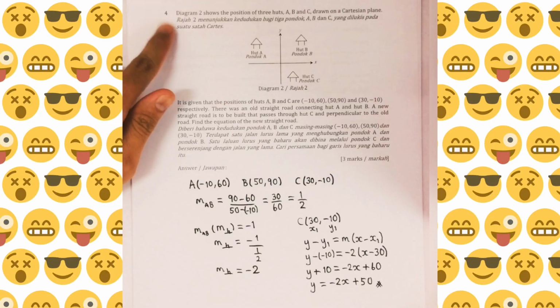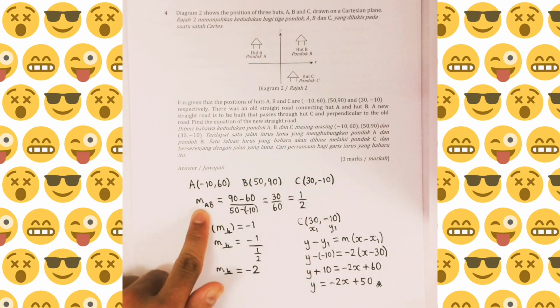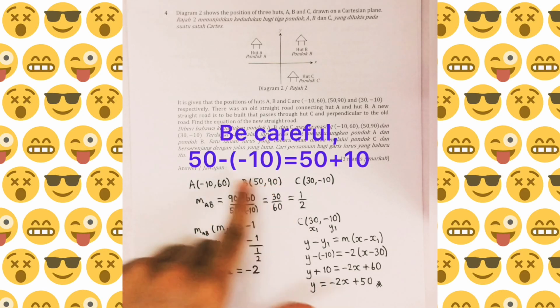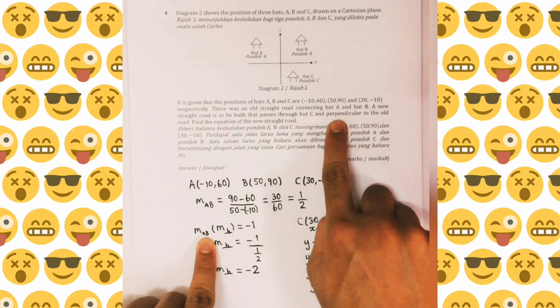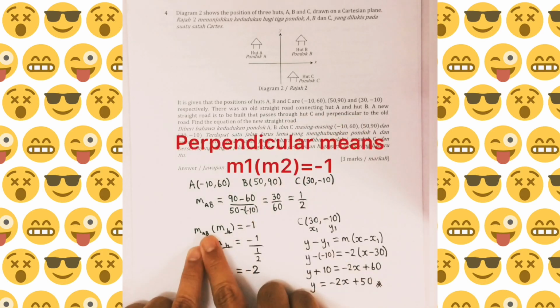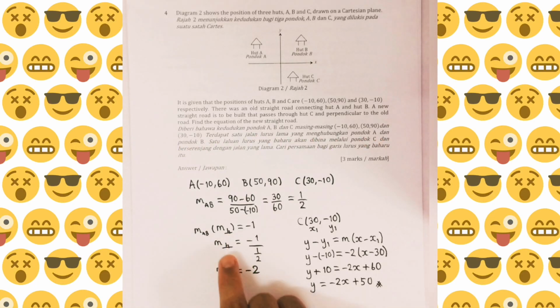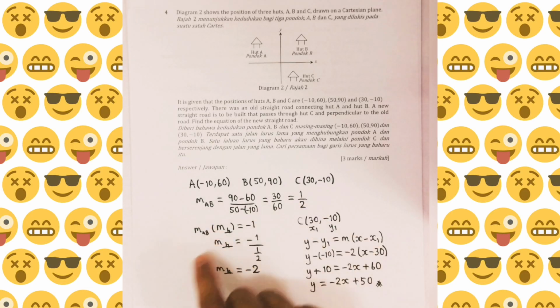For question number 4, first you list all the a, b, and c coordinates. You find the gradient of point AB, y2 minus y1 over x2 minus x1. So you will get 1 over 2. Because this information, it says perpendicular, so you got to use m1 times m2 gives you negative 1. This symbol is a perpendicular symbol, so I'm writing m perpendicular. So you find m perpendicular, which is negative 1 over 1 over 2, or you can simply cross multiply, which